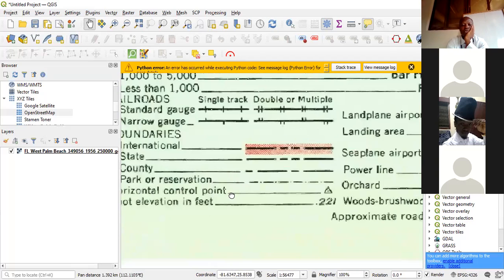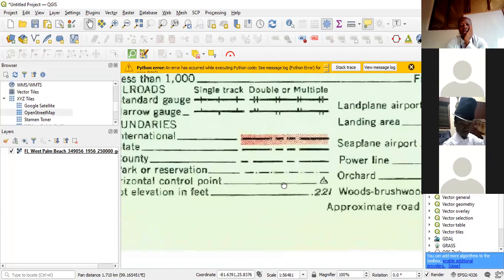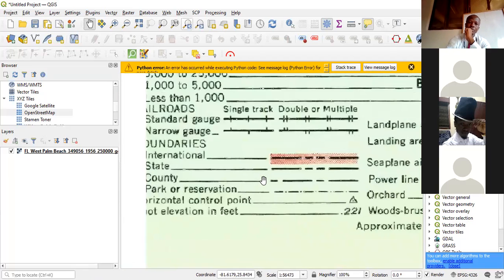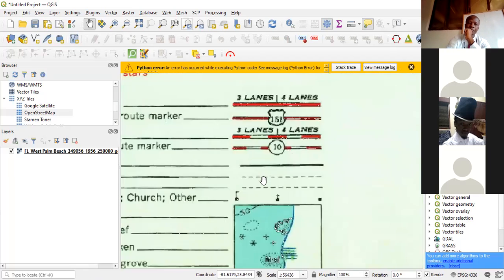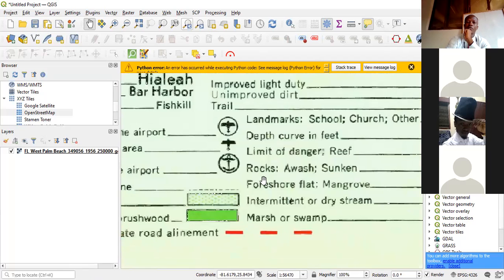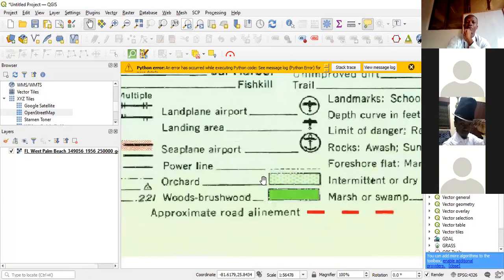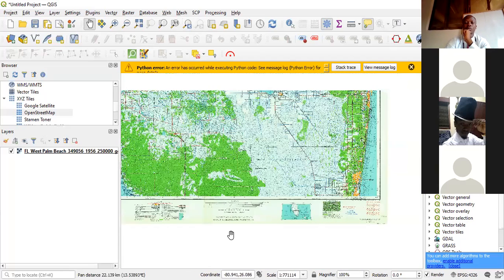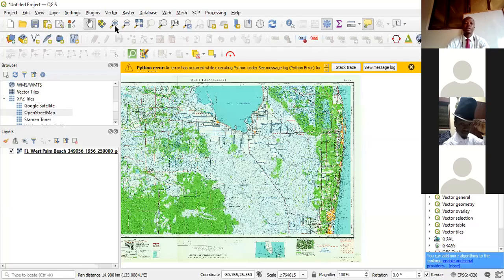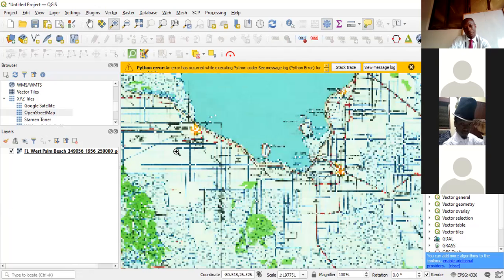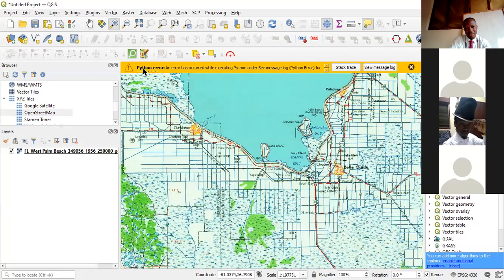All right, so there are boundaries: international, state, county. County ones have long and short dashes. So it's good to appreciate it this way. Then we can go back. It keeps a history of our map view. So I'm going back so many times. And then I can zoom again to the busy area, okay? And then we can start digitizing